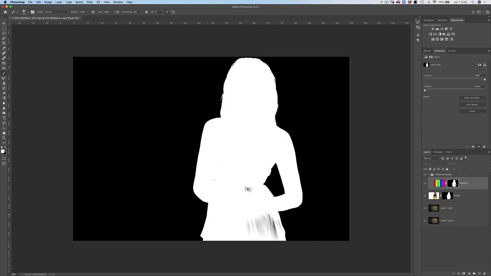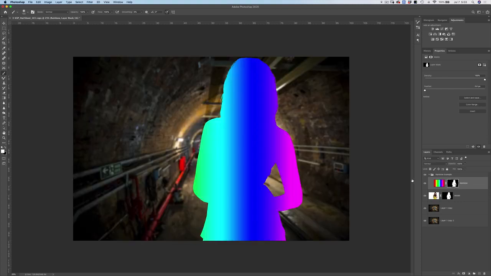What the take-home lesson is of this is that sometimes you're going to need more than just one way of creating a mask. Sometimes it's going to take multiple different selection methods to create the best possible mask for your image. If I hold Option or Alt and click on my rainbow layer, now all of a sudden my mask is polarized. It's just black and just white.